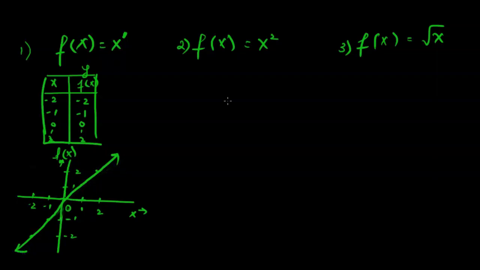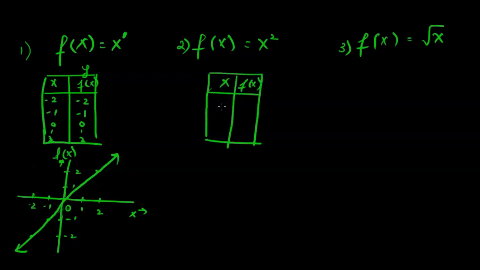It's a straight line. Similarly, if we draw the graph of a quadratic function, first we write down the table of values. Simple x values we can pick are -2, -1, 0, 1 and 2 again. But now since the y value or f(x) value is x², we take the square of this x. -2 squared is 4, -1 squared is 1, 0 squared is 0, 1 squared is 1, 2 squared is 4.